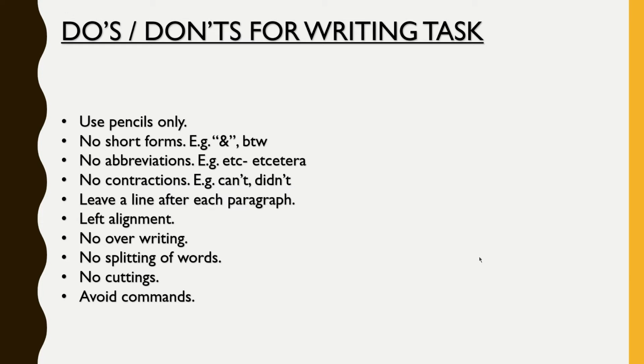And suppose we are taking any common word, for example in the question of an essay like MNC, then also we are not supposed to write the abbreviation MNC. We have to write the full form, that is multinational company. The next one is not to use contractions. Contractions are words like can't, didn't, couldn't, won't, and rather than using these contractions, we are supposed to use cannot, did not, could not, would not, and will not, and we avoid the use of contractions.